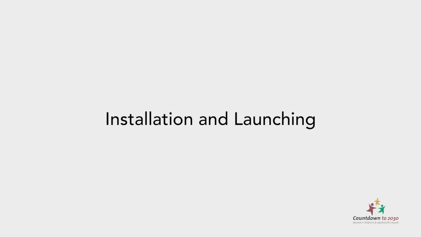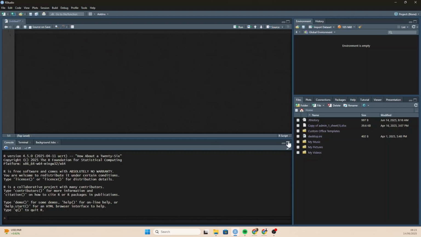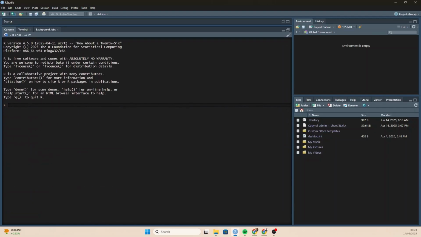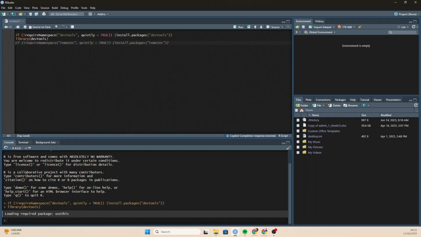In this short video, I'm going to take us through the CD 2030 Shiny app. To be able to use the CD 2030 RAMCA analytical tool, you need to install R as well as RStudio. When you open R, sometimes you find that this is the view that you see, and this is your console here. We start with checking whether our system has DevTools, and after loading it, then now I run